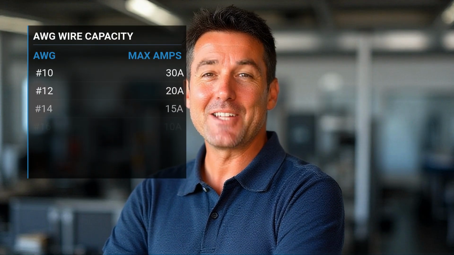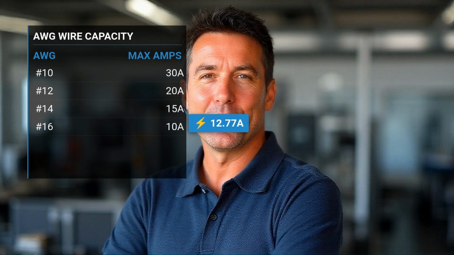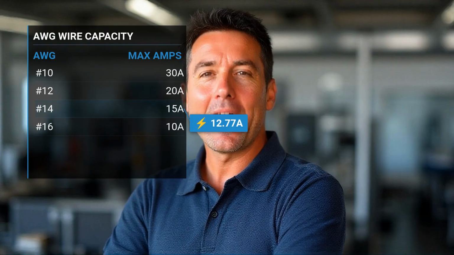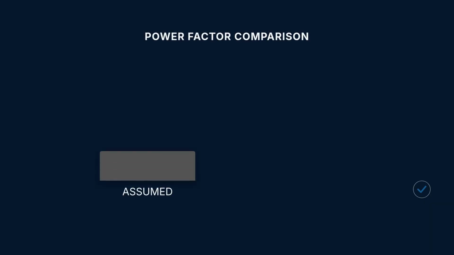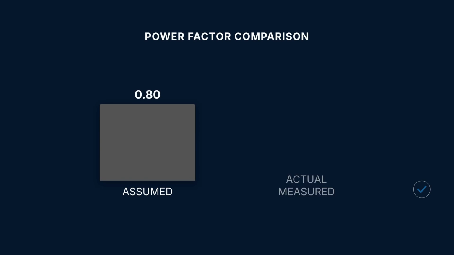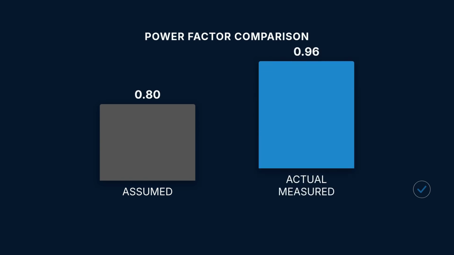This current output tells you the actual amperage flowing through your conductors, critical for proper wire sizing and overcurrent protection selection. One key insight: always use actual measured power factor values when available, as assuming 0.8 can lead to undersized